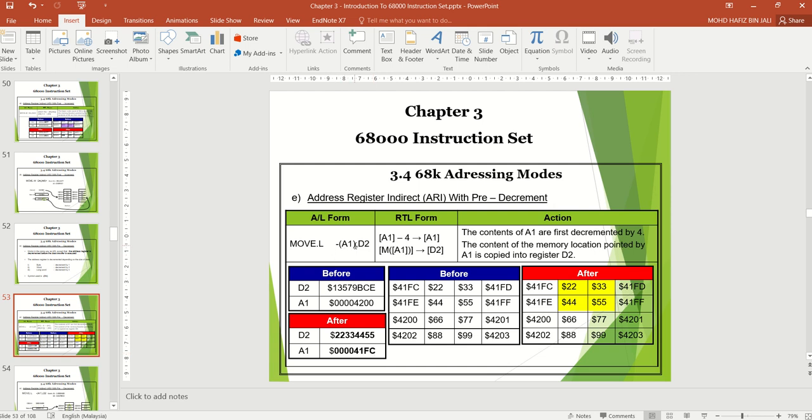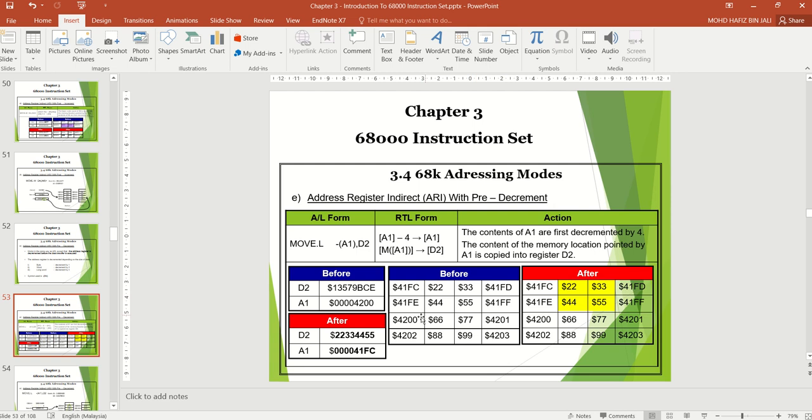Okay, but for 41FC, what is the content inside? It is 22334455, long, so you need 8 digits. The content before and after will definitely be the same, 22334455.